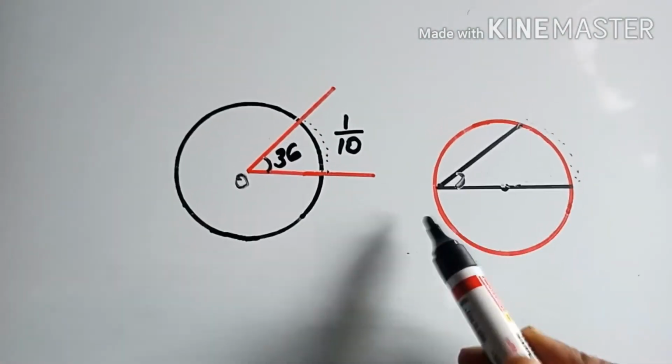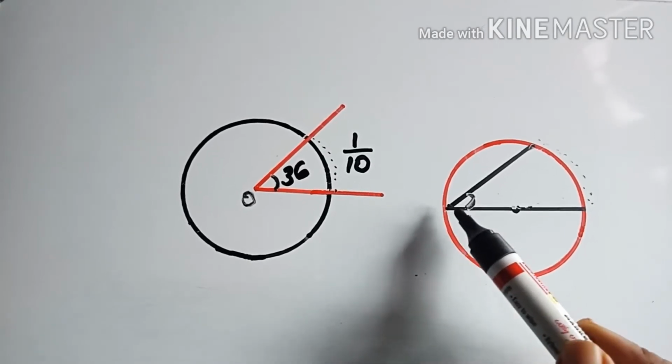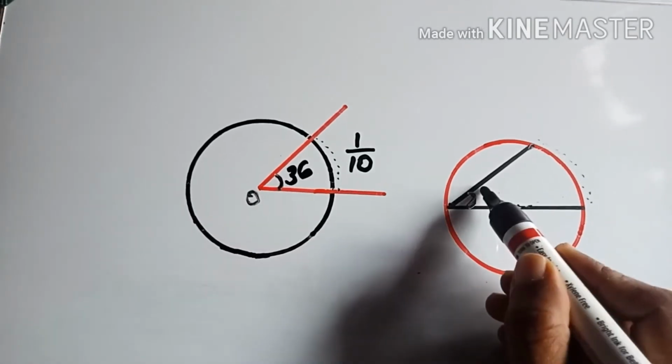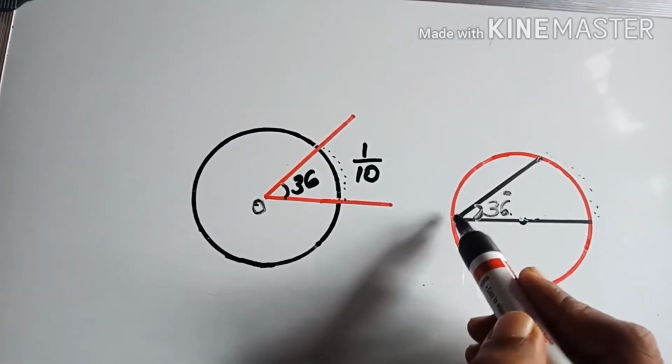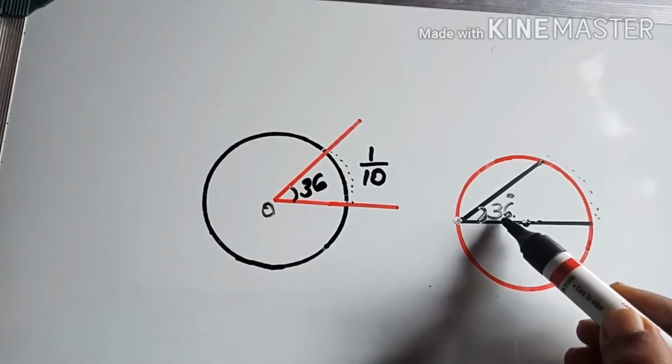Now in the figure we are going to move this angle towards here. Then also there won't be any change in this angle. That means the same 36 degree will be here, because we are moving the same rod towards this point. So the upper angle will be the same 36 degree.